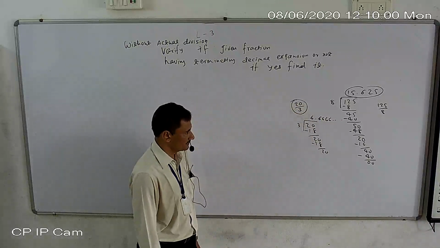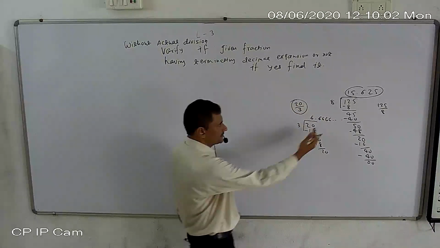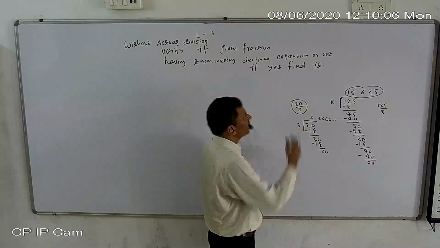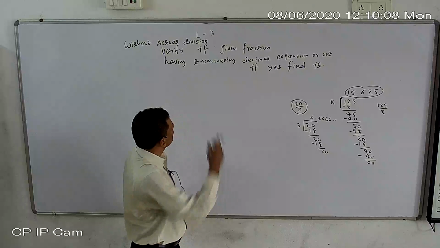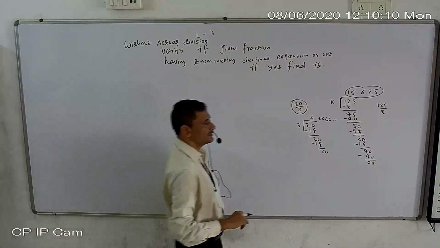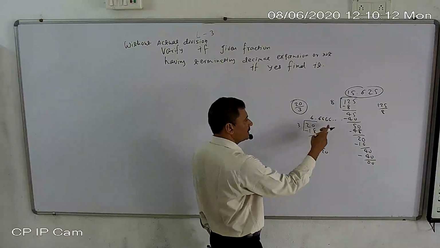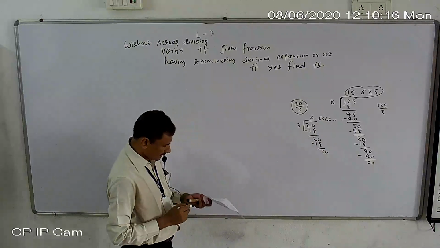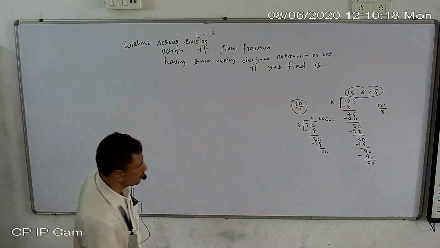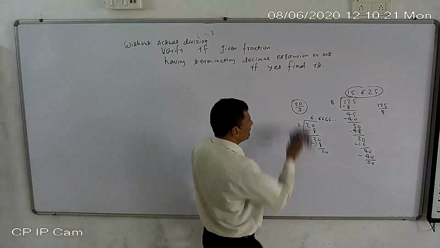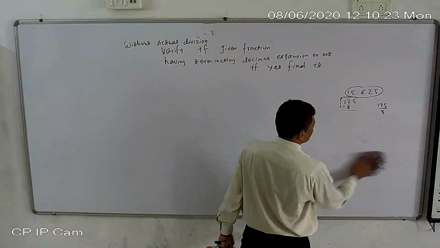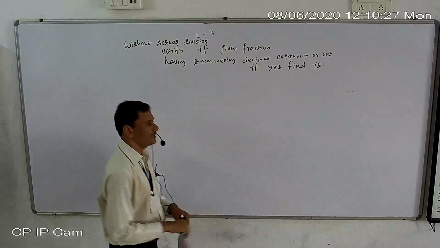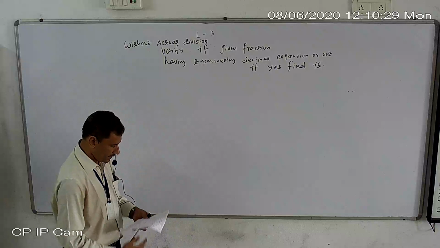decimal expansion. So you understand this by both examples, but in this question they have given us without actual division, so we are not allowed to check this way. Don't do division. Then how to do it? First of all, your fraction should be in simplest form. This is the first and very important condition. Now I am giving you